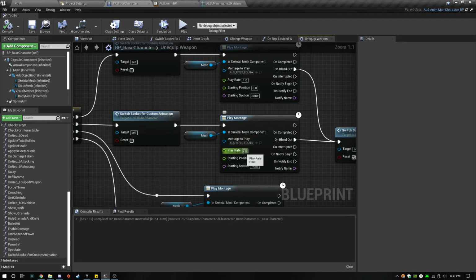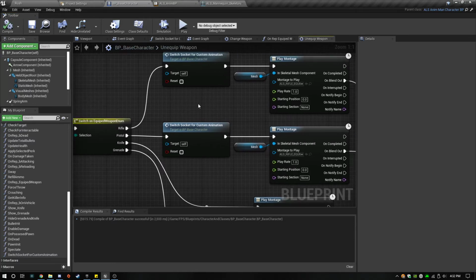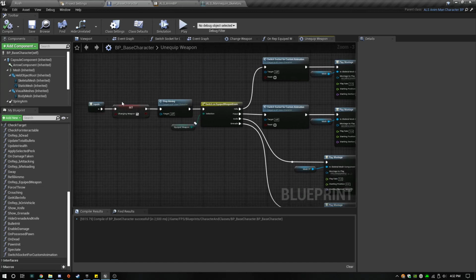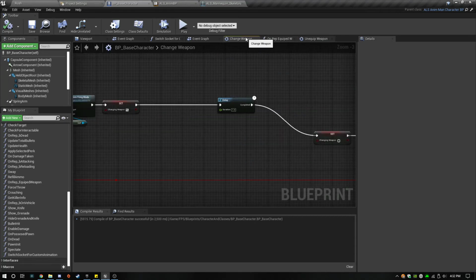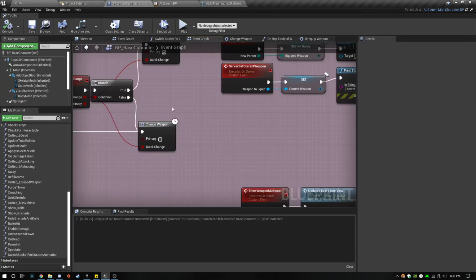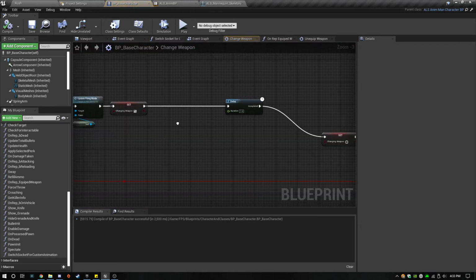It is working though. Alright, one thing I do want to change though, when we go to the secondary,